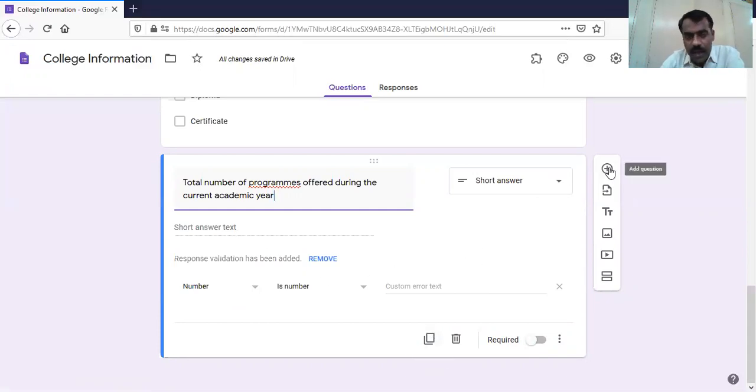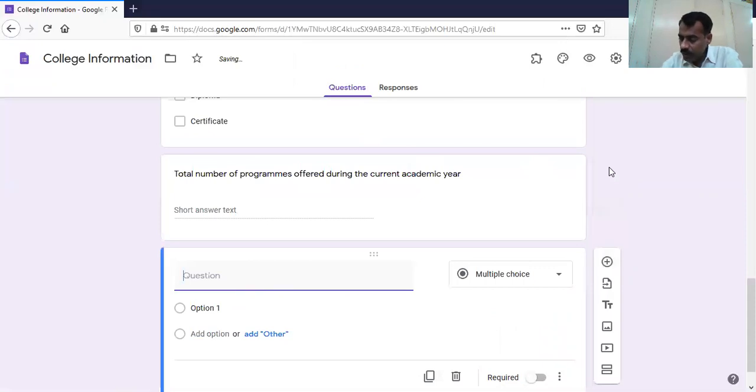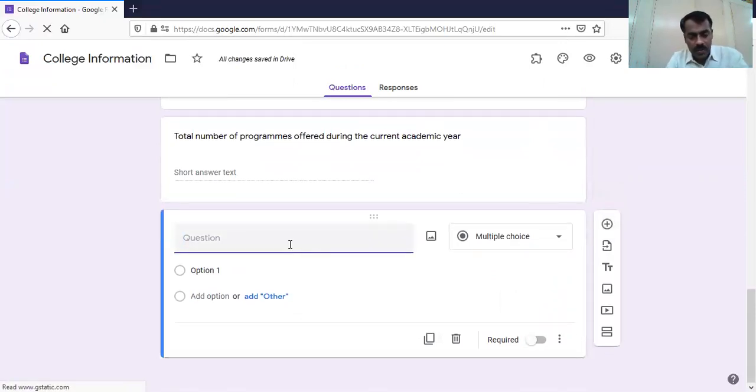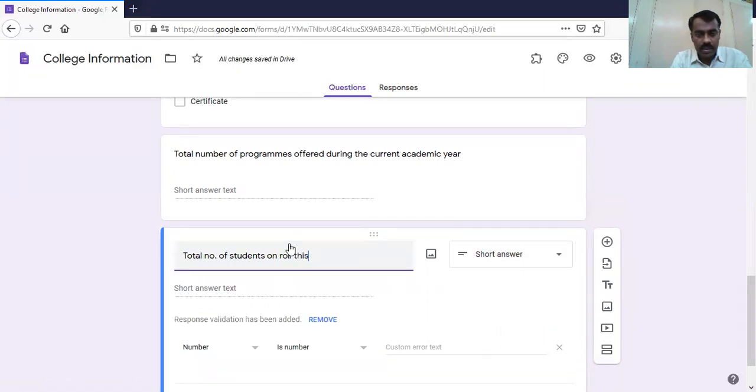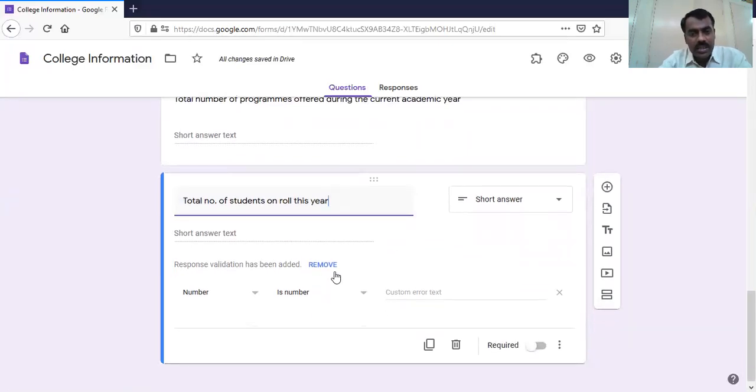Okay? Then after going to programs, suppose we want the information of students. So total number of students on roll this year. So how many students are there? It may be in first year, second year, all these students, total number we can ask.